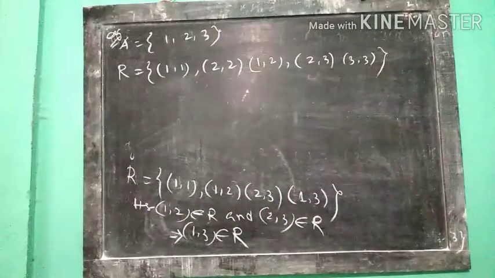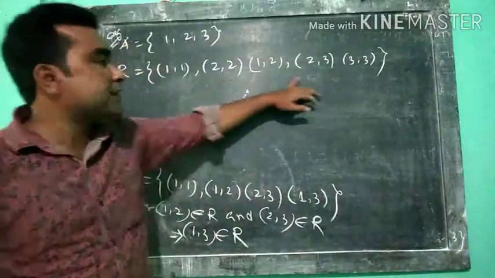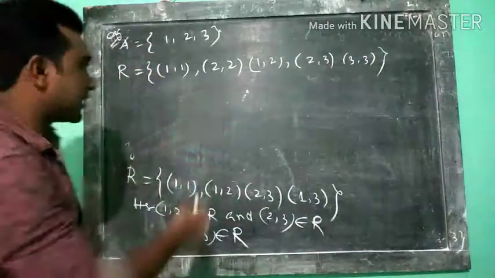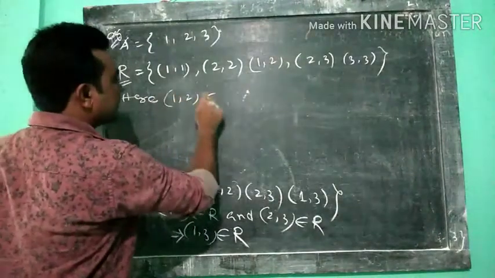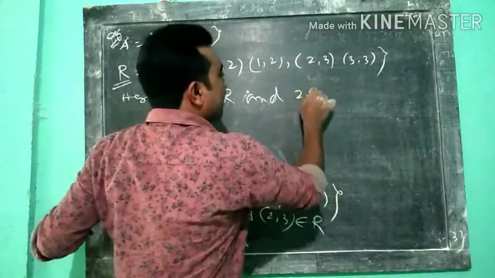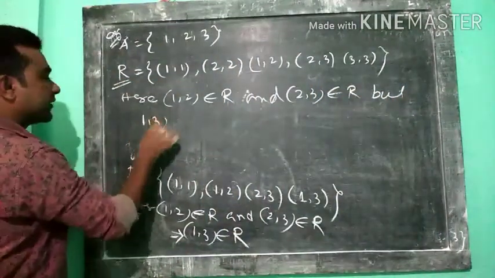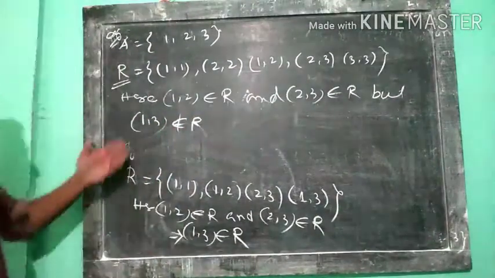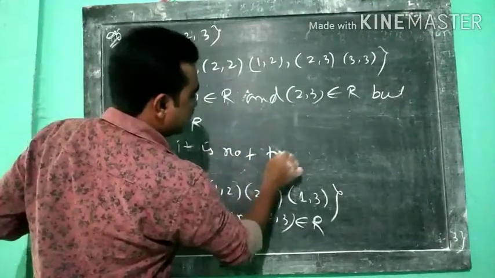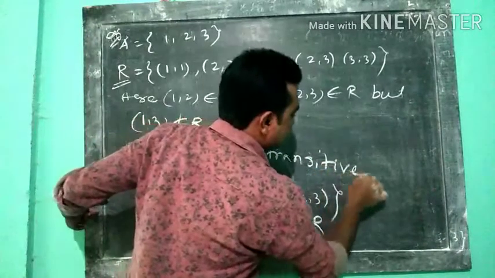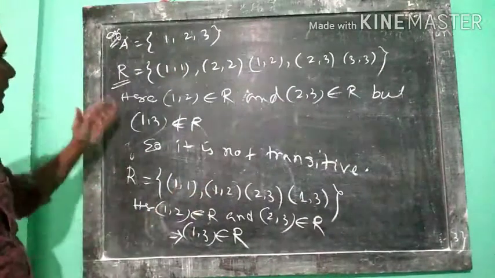Why? Because (1, 2) and (2, 3) belongs to R, but here in this relation (1, 3) is not belongs to R. That from the above it is seen that here (1, 2) belongs to R and (2, 3) also belongs to R, but (1, 3) not belongs to R. So it is not transitive. তো এইখিনি আজি এতিয়া এইখিনি কথাটো হল কি যে এতিয়া এটা relation কি হ'ব পাৰে transitive